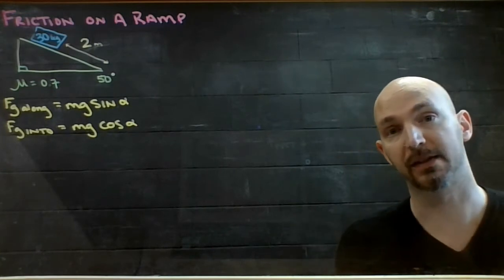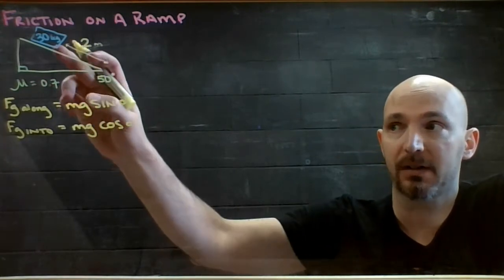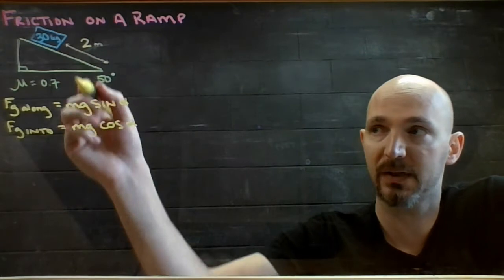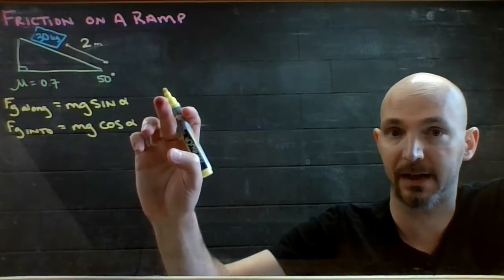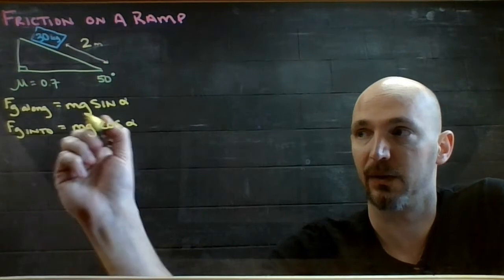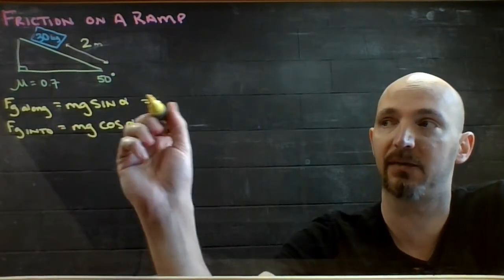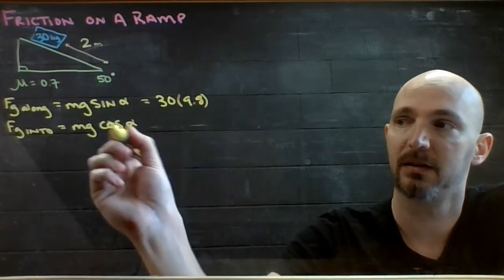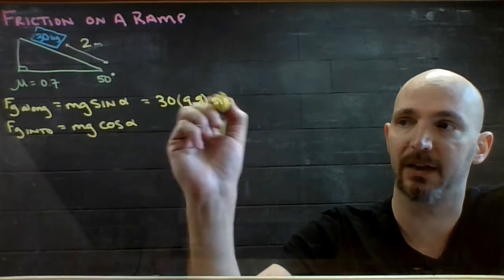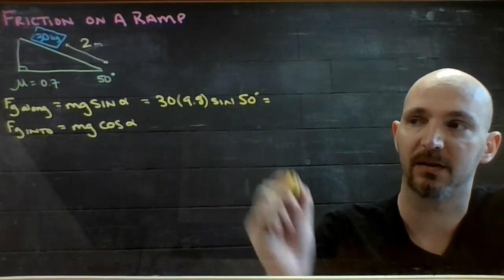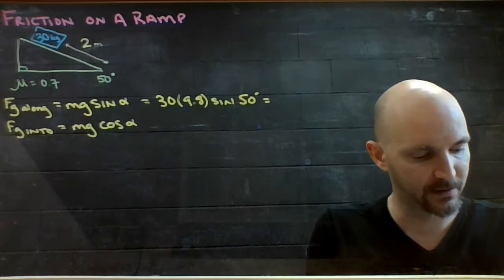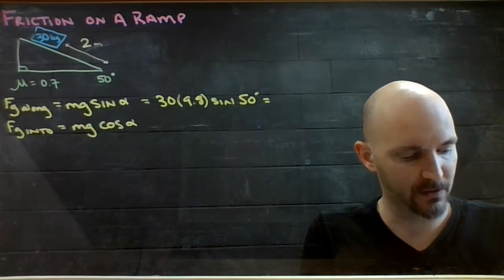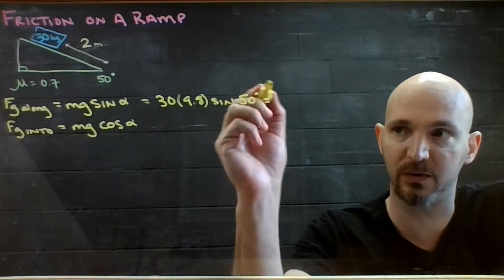Okay, starting with this example, I have a 30 kilogram block sitting on this ramp, and there are 4 forces that are acting on it. The first one will be the force of gravity trying to drag it down the ramp, and I can calculate it with this thing here. So Fg along equals mg sine alpha, which is 30 times 9.8 times the sine of this angle here, 50 degrees. So I'm going to park that in the calculator, and I will get 50 sine times 9.8 times 30 gives me 225.22